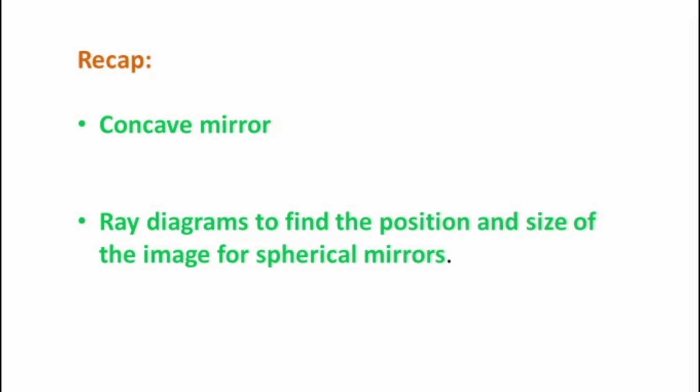Fourth case, when the object is between the center of curvature C and the principal focus, the image is beyond C. Fifth case, when the object is at the principal focus, it is a special case: no image can be captured on the screen, nor can any virtual image be seen. In the last case, when the object is between the principal focus and the pole, the image is behind the mirror. In the first 4 cases we get real and inverted images. In the fifth case, there is no image. In the sixth case, it is a virtual, erect and magnified image.